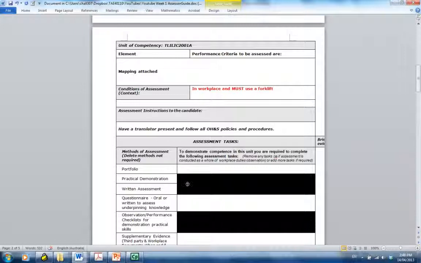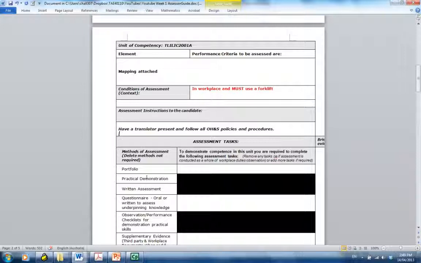Okay, so I'm going to show you a couple of little tricks here now with Word documents. When you're working for an RTO, a registered training organisation, which you have to do as a trainer and assessor, you would be using their documents, but these are a couple of handy little tricks.